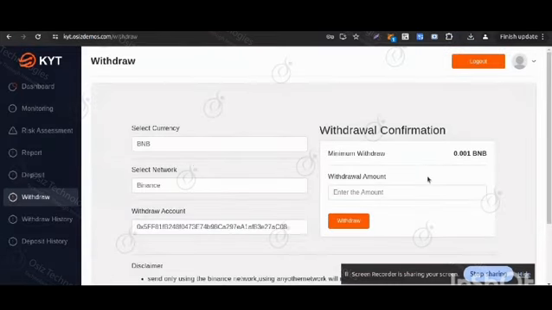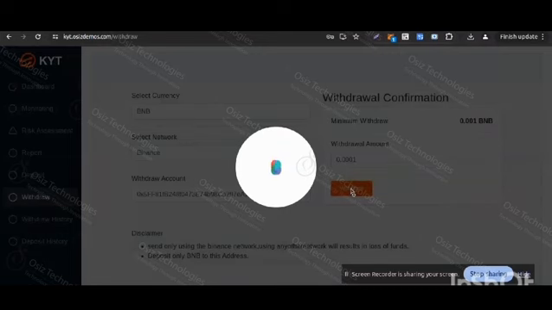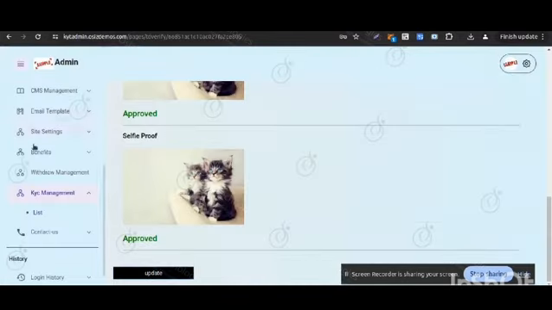Now I am going to the withdraw page and I am entering the withdraw amount, how much I want to withdraw, and clicking on the withdraw button. And this request for the withdrawal has been submitted to the admin, and in the admin panel under the withdraw